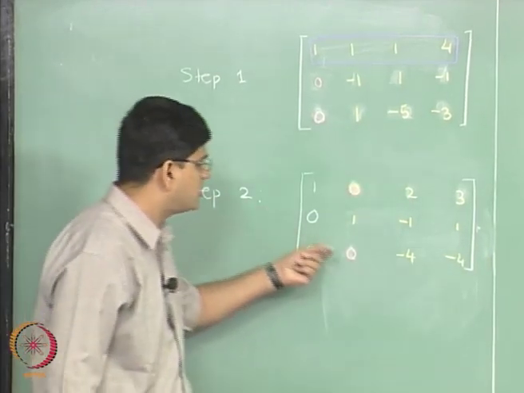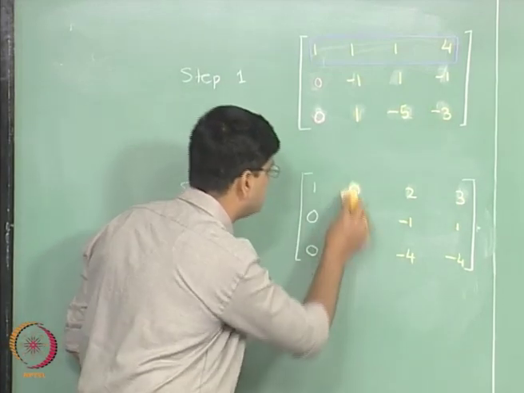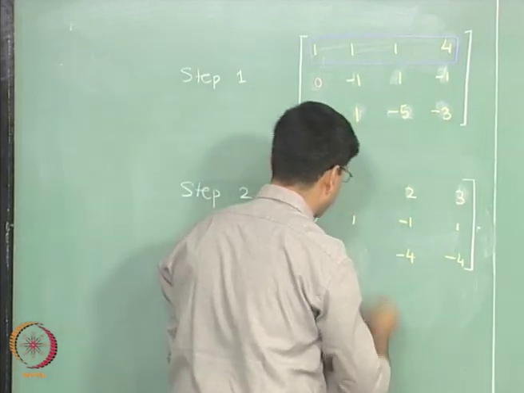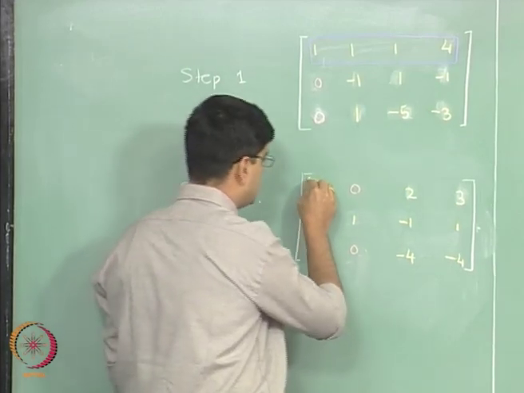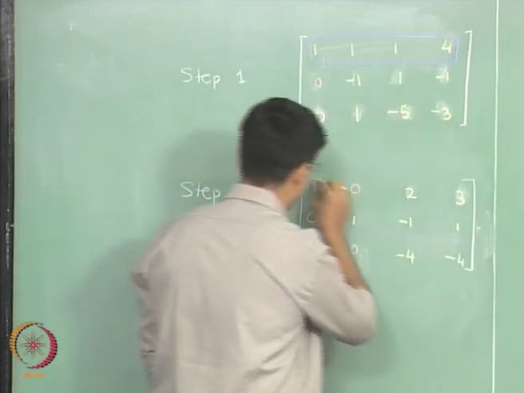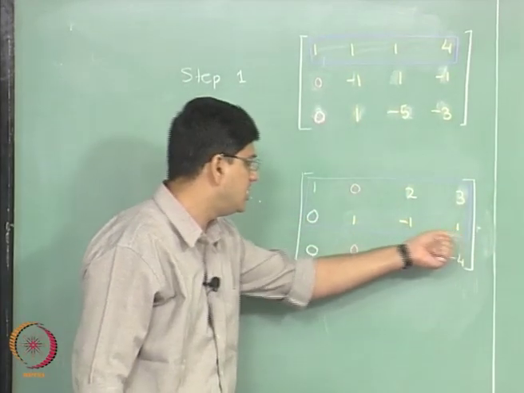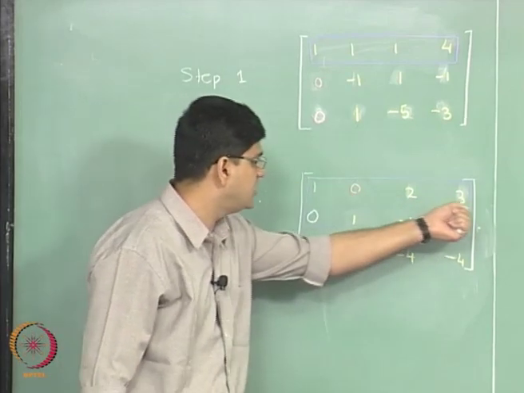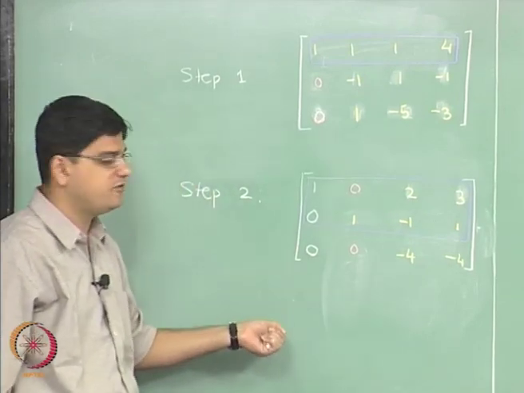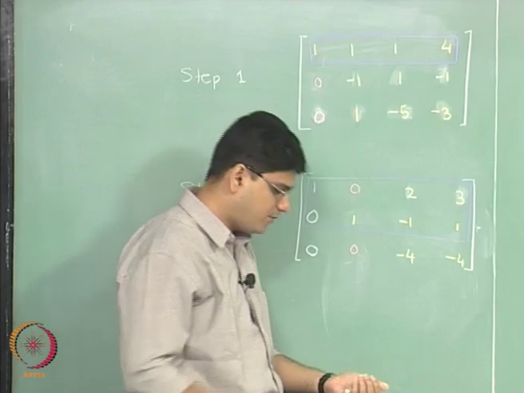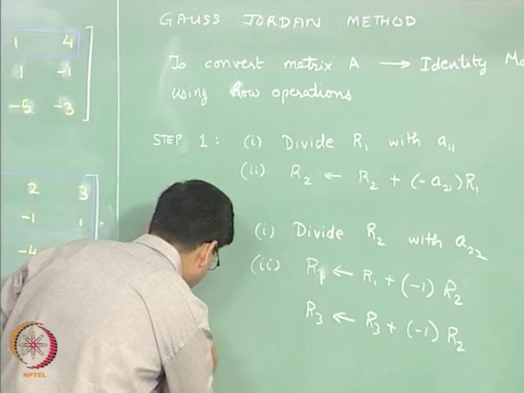In general, for the Gauss elimination step, our Gauss elimination would have ended over here. The difference between Gauss elimination and Gauss Jordan now lies in both these rows, because we have divided throughout by this particular element, and then we have done the same thing over here. So Gauss elimination would have ended at this point, but in the Gauss Jordan method we have the nth step also.